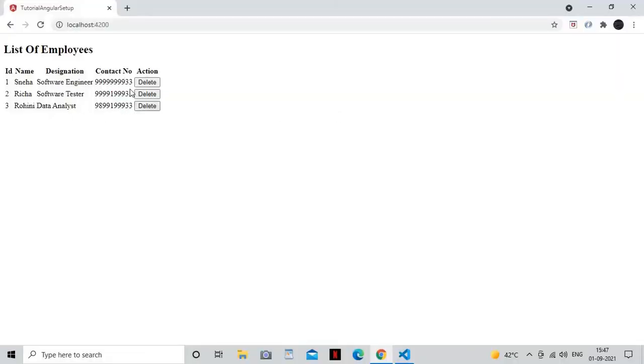So this is my list of employees. Let's suppose I need to delete the employee which has ID 2. Now you can see that ID 2 has been deleted from the list. Similarly, if I want to delete the first employee, this is the way you can utilize your employee services, or create your services in your Angular application.